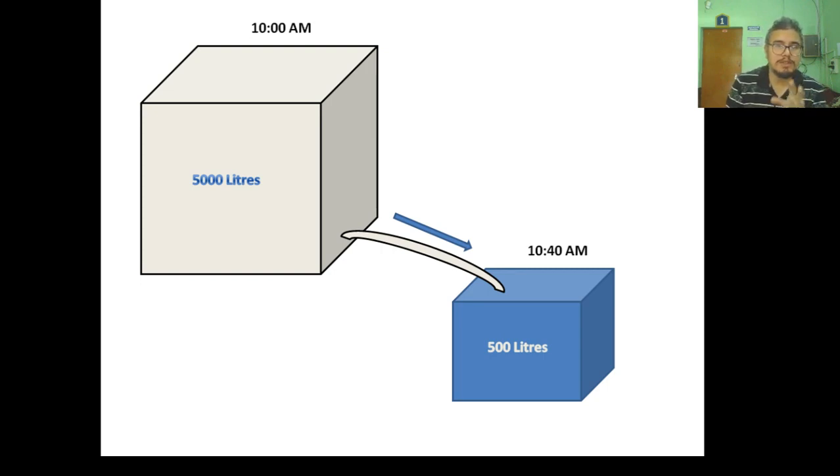That is the reason why it is not a stock variable. Now let us know what flow means. If we are asked how much time it takes to fill the smaller tank, you will obviously mention a time period, that is 40 minutes is taken to fill the 500 liters of water in the smaller tank. This is how the flow is measured.